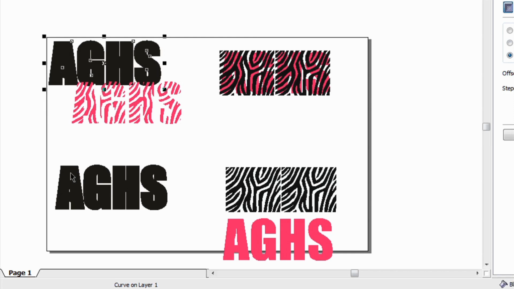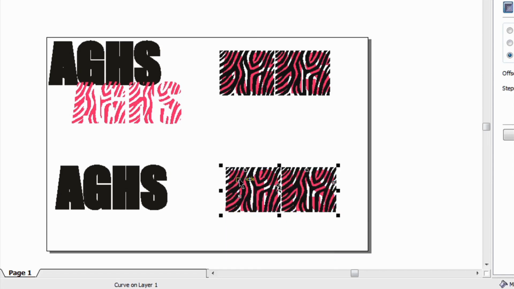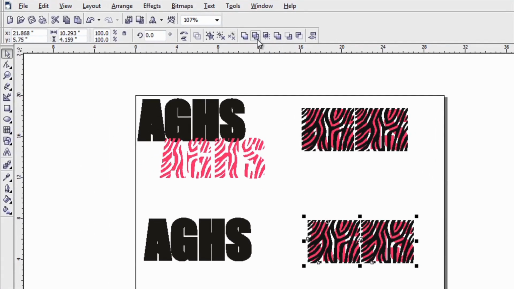The other thing that you may want to do is for materials like CAD-CUT Glitter Flake, which is one of our most popular materials for this particular animal print application. It's not recommended for layering, so you need to do what's called a trapping technique. So I'll follow the same steps. I overlay the print, the grouped print on top of my text, select them both, and click on the intersect option,